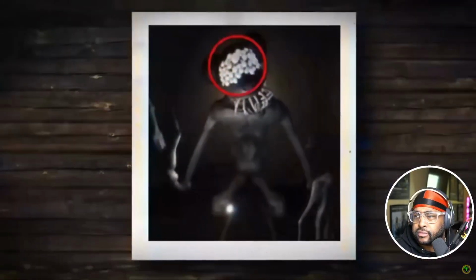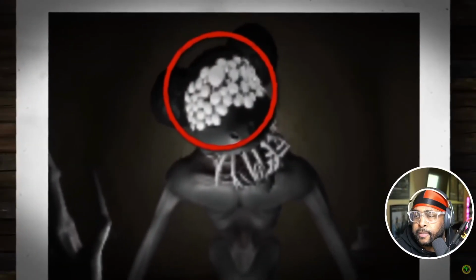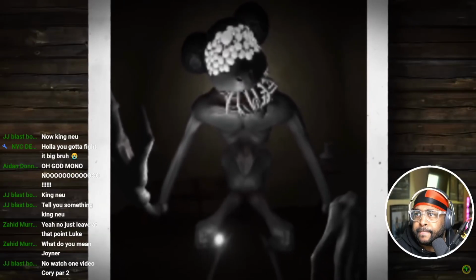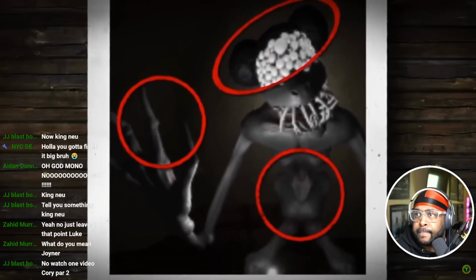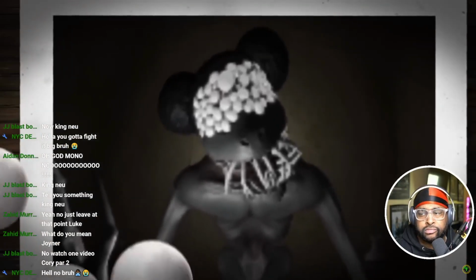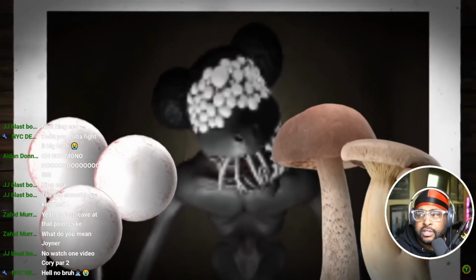Honestly, it's unclear. There's not a lot to go off of, but if I were to guess, it actually has to do with this right here. These weird white circles that are on the top of the monster's head. Notice that overall the monster has humanoid features, fingers, hips, even has Amanda's hair buns. Really, the most notable thing about the design here are these white dots. Are they empty eyeballs? Some sort of a fungus?